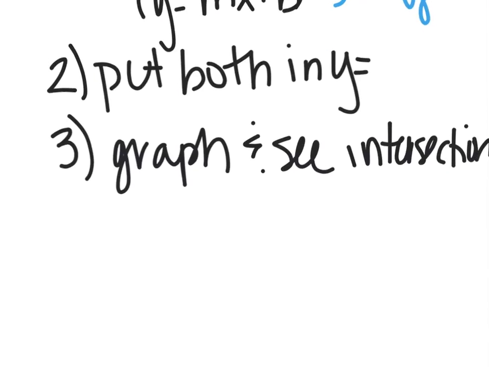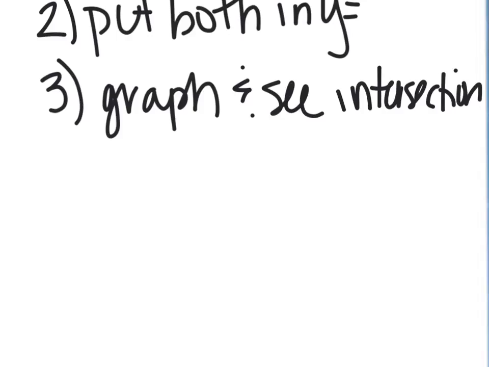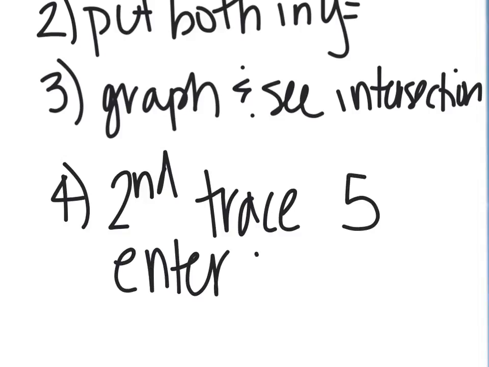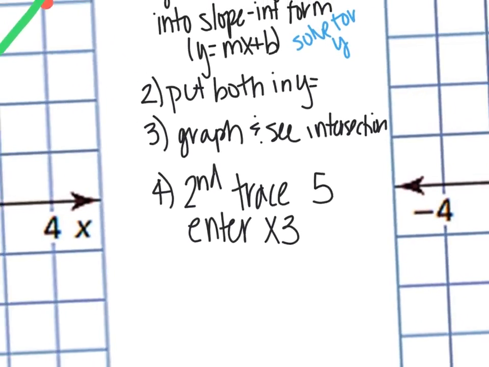And then you're going to press some buttons and it's going to do all the work for you. You're going to press the buttons. So our fourth step, you're going to press them in this order. Second, trace. You're going to press the number 5, and then you're going to press enter 3 times. So when you press second, trace 5, and then enter, enter, enter, it is actually going to give you the